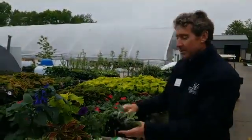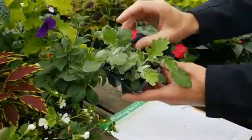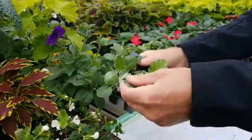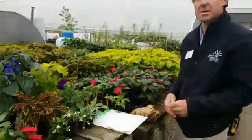And then the other thing that would be kind of a filler in here would be our Dusty Miller. It got a little waterlogged. It's usually a little bit more silver than that, and it has that pubescent foliage. So it also kind of adds an element of touch into your container, which is kind of a cool thing. And if you have a container by a patio or something, you might also want to have a fragrant